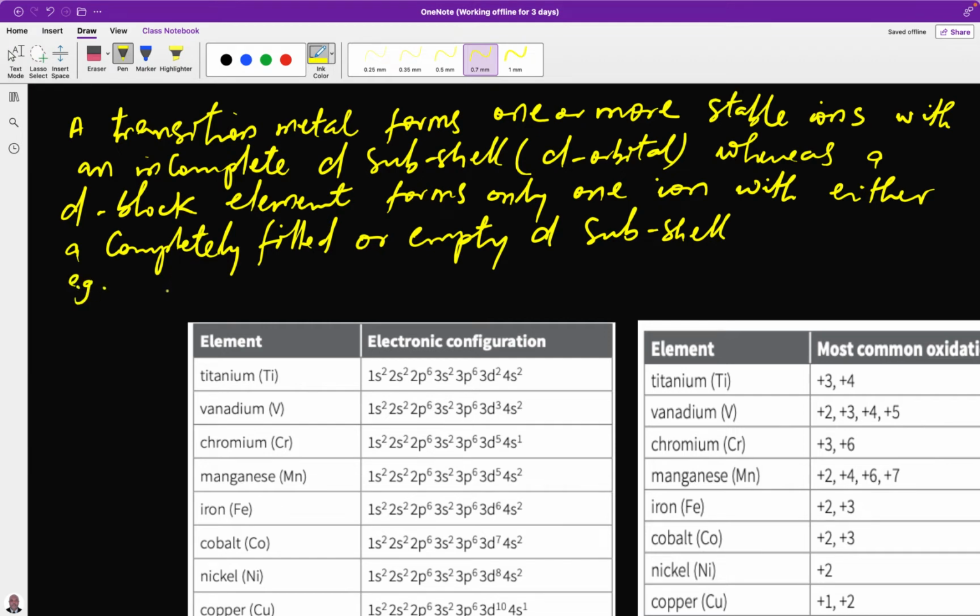An example of the D block elements I can talk of, e.g. scandium and zinc are D block elements. They are not transition metals. Let me use scandium. Scandium has an electronic configuration of argon, that is Ar, with 3d1, then 4s2. And when it forms an ion,